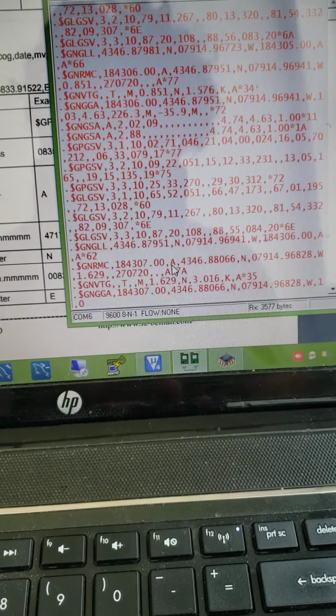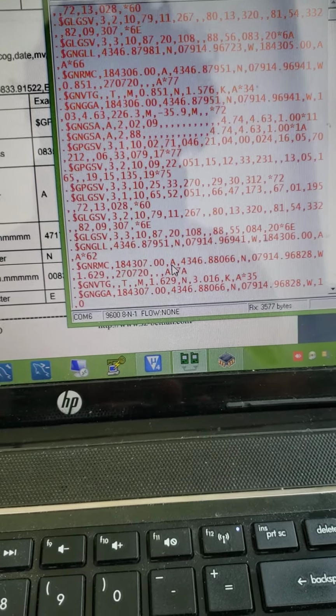I can show you my program. Here we have the program. We are getting the string from GNRMC, as you can see here, and we are going to store only the latitude and longitude, and according to that we have set up our UART port and its program. Whatever data we want to get, we have to program accordingly. I will connect the same thing to the LPC board, and then I will show you again.